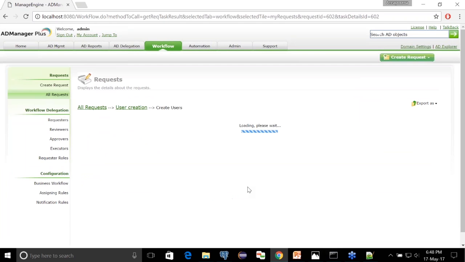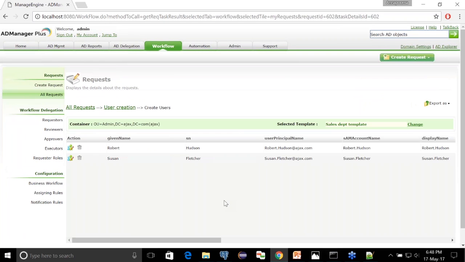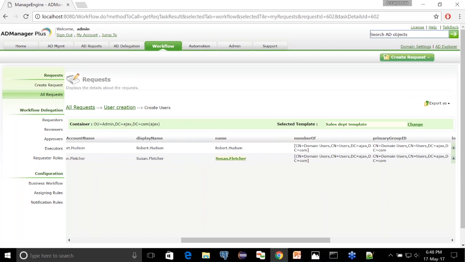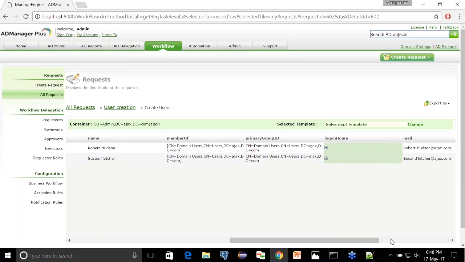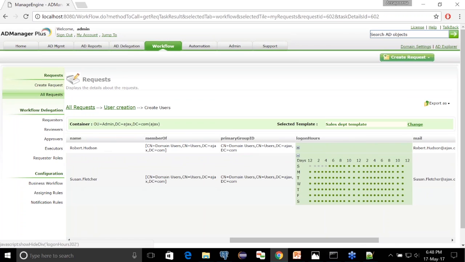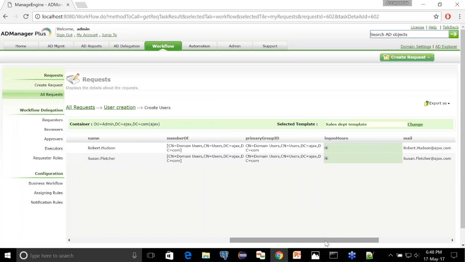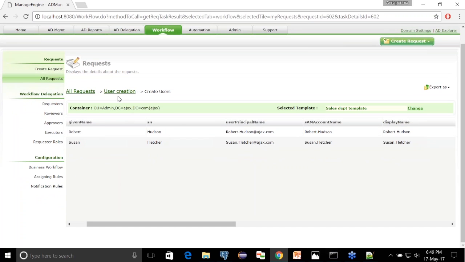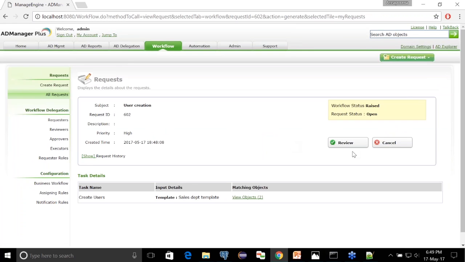And now if you want to run this automation task at any point of time, you can always go ahead and click this run now button. Okay, let me click this run now button. Now you can see that the automation has started executing. And if you want to view the result for this particular operation, you can always click this icon, execution history. And now you can see that this particular task has been executed and it is waiting to be executed since I created it to implement the business workflow.